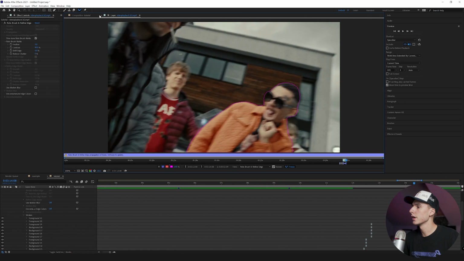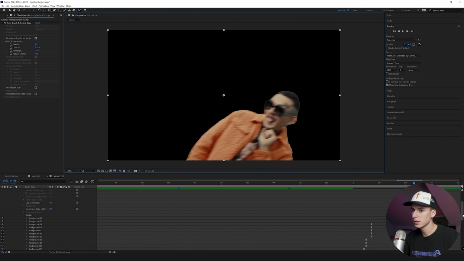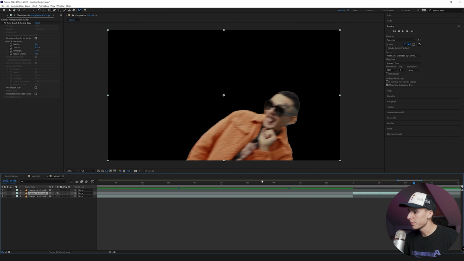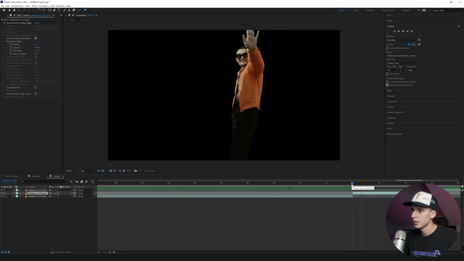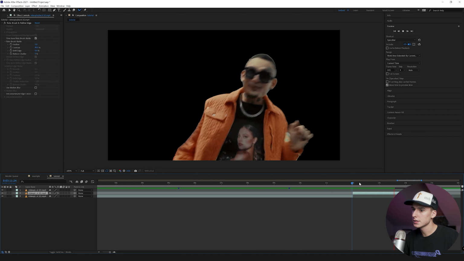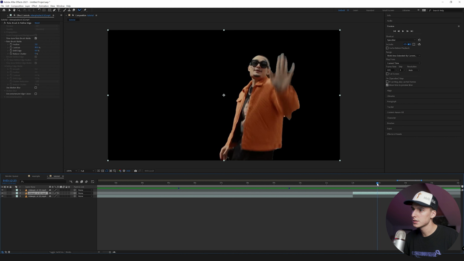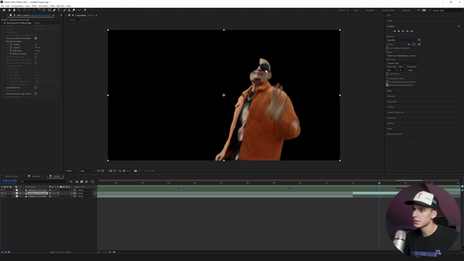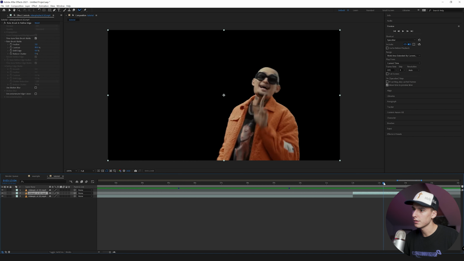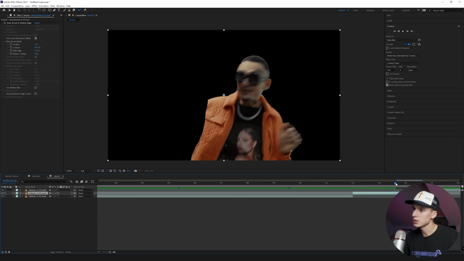Then once you've done that, go ahead and click the X on the layer up here, so it brings you back into the composition, and you should see your clip with the background masked out. You can play through and see if you need to fix anything. Like here for a second, it looks like his head gets chopped off, but I think that's because there's an arm in the way, so we're not going to fix that. But just make sure there's nothing super obvious.